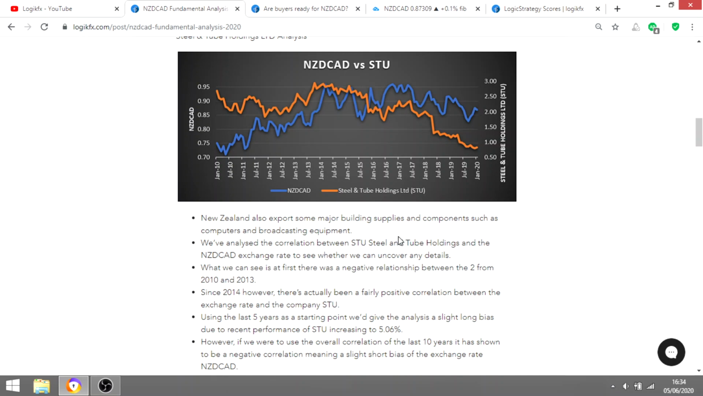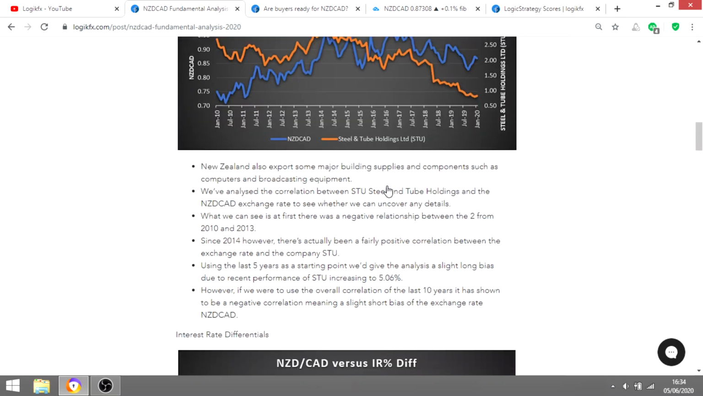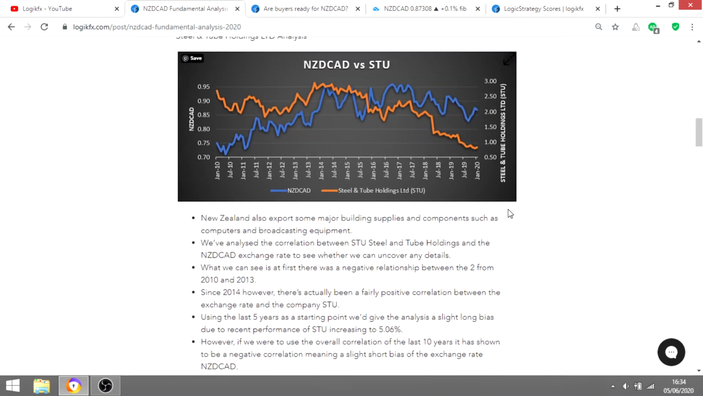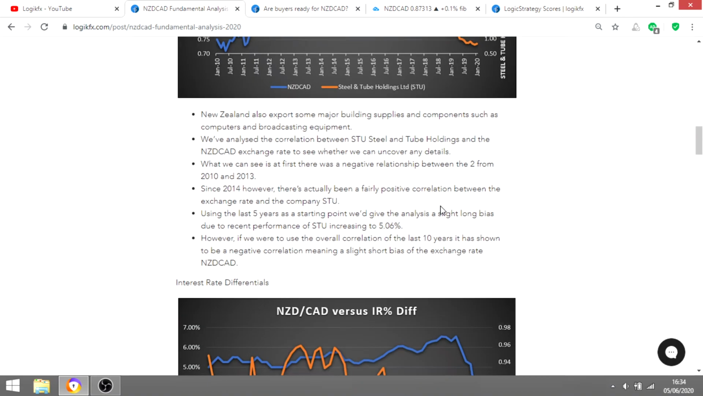And relationships between stocks and currency pairs aren't always static, and they can change. So if we use the overall correlation over the last 10 years, it has shown to be a negative correlation though. So it has given us that short bias on the exchange rate of NZD CAD. And that's what we're going to use. We're going to stick to the overall 10-year horizon of the correlation between the two, as we've done above. Now,